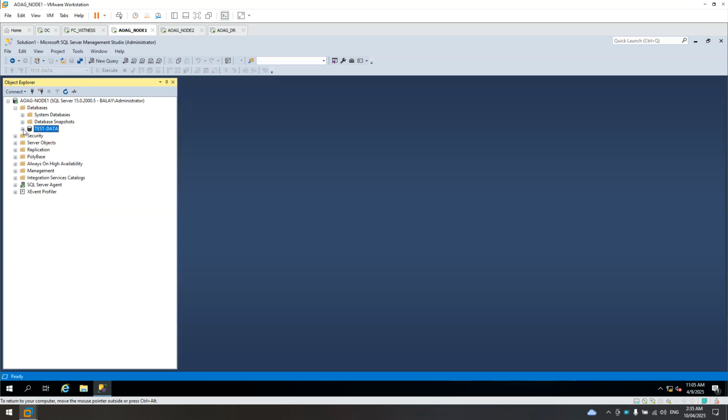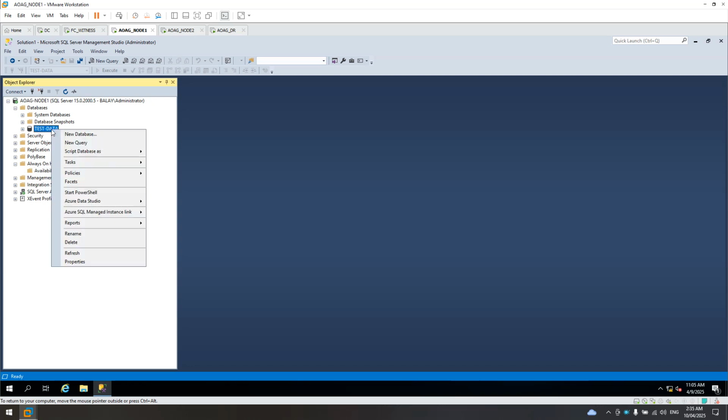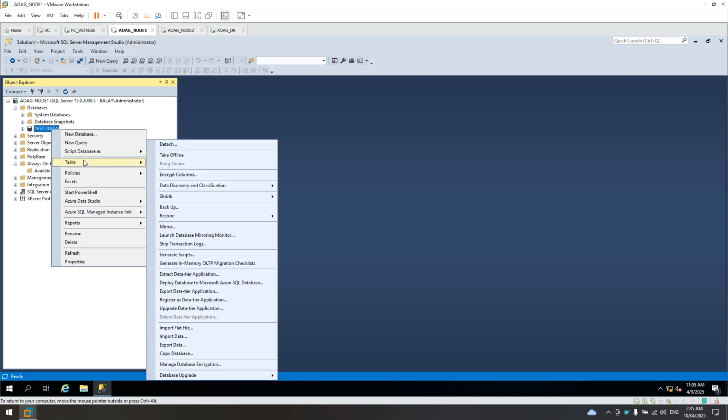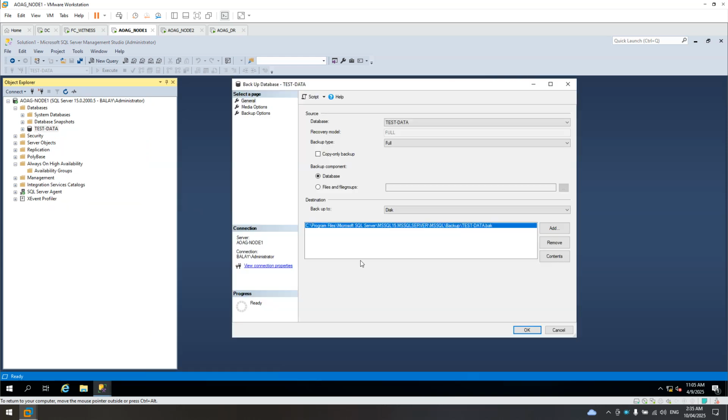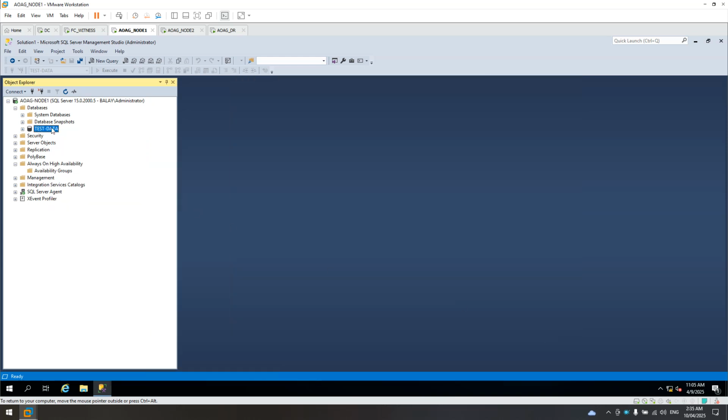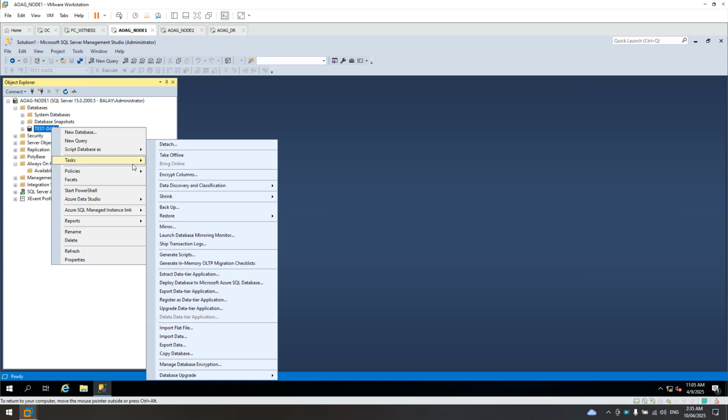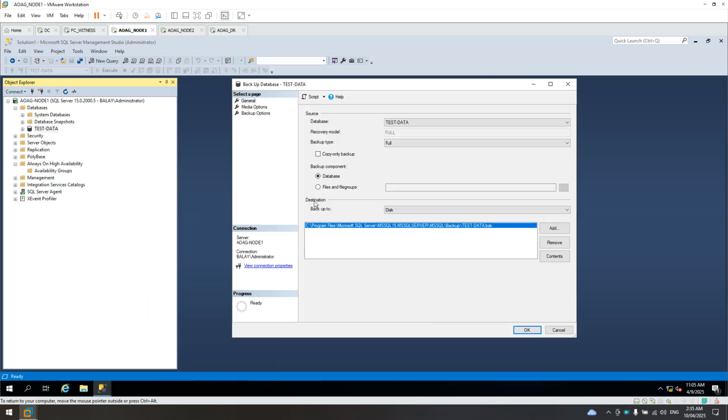Okay, before we can proceed with adding it to the AOAG, it will ask for a backup. Let's take a full backup first. Right click the database, tasks, backup. Make sure it's a full backup.